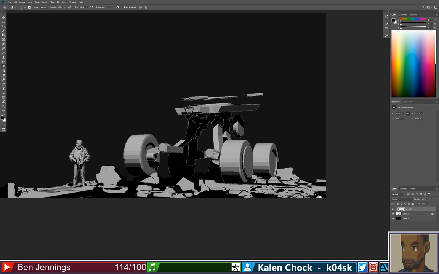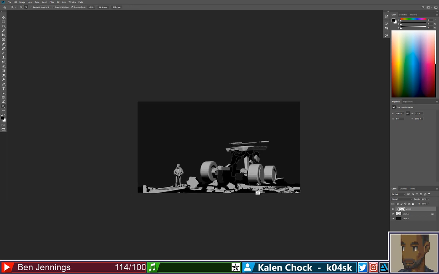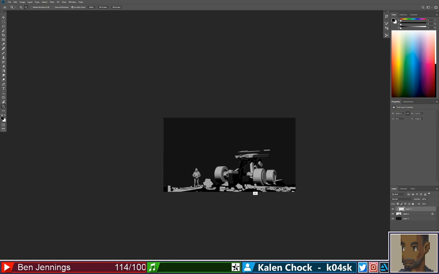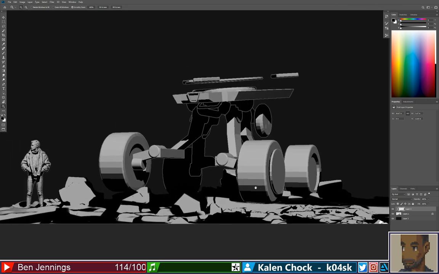Just gonna erase here. So mostly I want to have this idea of a top-down lighting. So what we want to do is get rid of some of that detail. That's crazy. See, like that? That's a nice little shape right there. So we can roll with that. So what we want to do is create more of that top-down lighting, if at all possible.